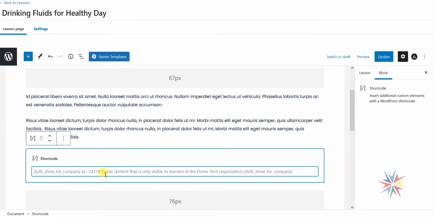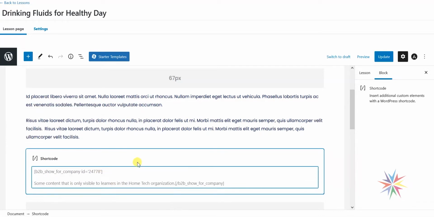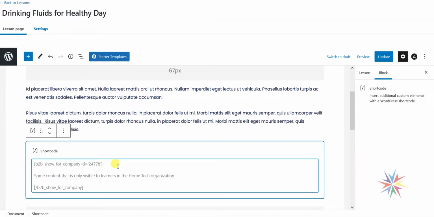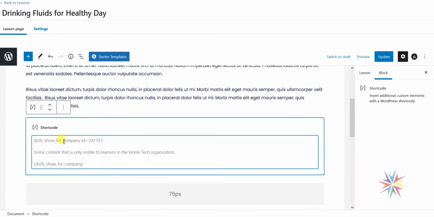And what we can do here is we can add line breaks if we want to, just to help break this down. But we can see we've got an opening tag here, which is show the company ID, and then every company has an ID. So you don't need to read too much into this because you've now copied and pasted it out. But anything between these two tags, this opening and closing tag, would only appear to learners in the Home Tech